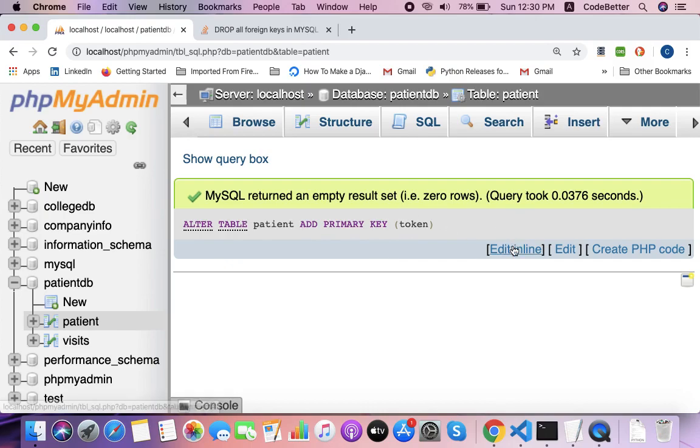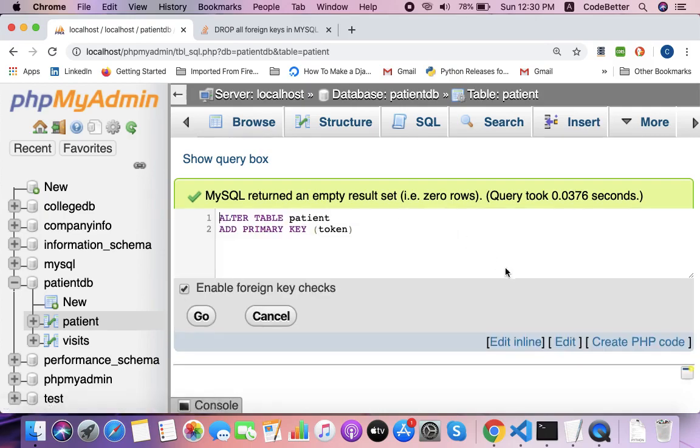Now let's check if we are able to insert a duplicate record again.